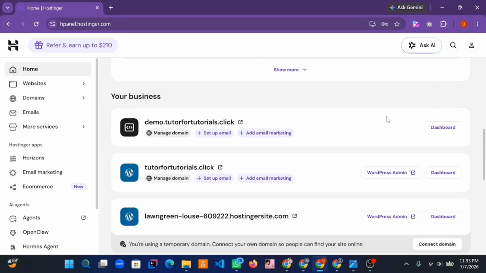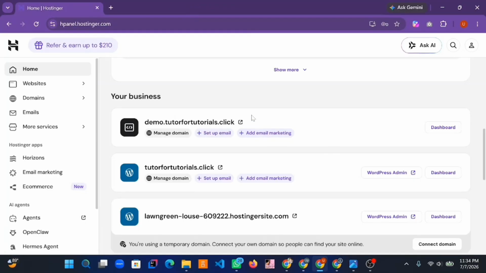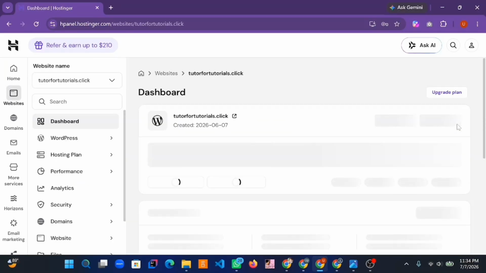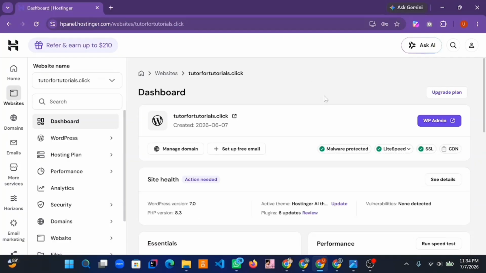If I go to the home page, you will see our subdomain is here, but it is in the development mode. There is no WordPress installed here, it is not opening either. So go to the dashboard, and now we will have to install WordPress against this subdomain so we can use it. It is our parent domain, we do not need to open it, but we need to